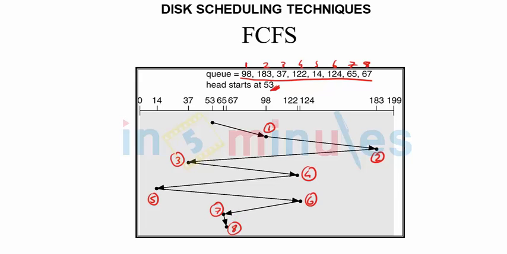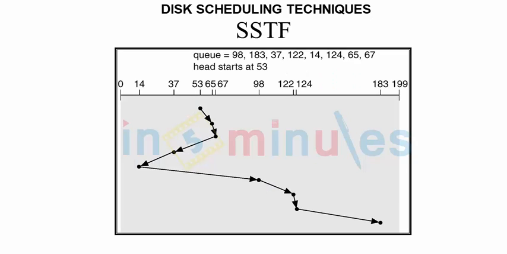The second algorithm is a variation of shortest path first. We call it shortest seek time first. Now shortest seek time is supposed to be the best in terms of seek period, which reduces seek distance to a great extent. Now what do we have in this? In this, all the requests are to be made at the initial condition itself, and the head position would be given to the user. We would be only seeking, that means traversing or transferring the read-write head, to the nearest locations.